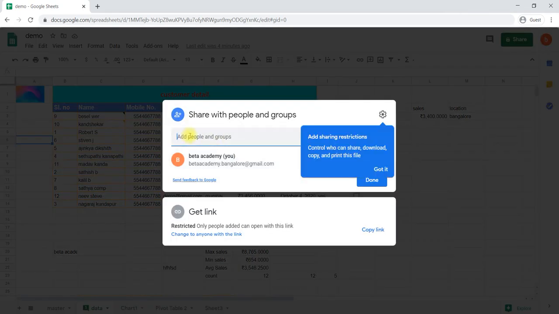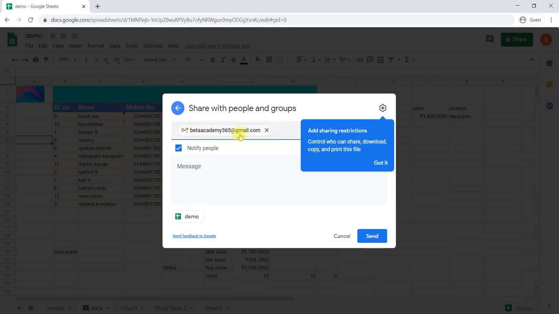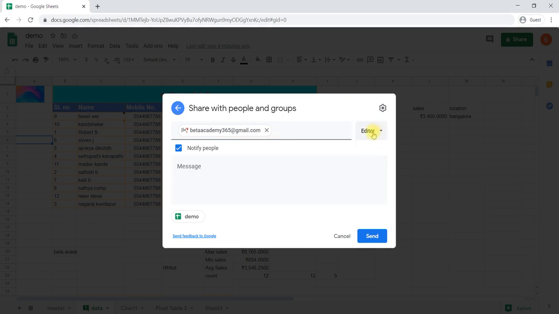Similarly, the way you share your docs, the same way we can share with your teammates. You can select their Gmail ID, and you can say what kind of things they can do. They can only view the document, or they can comment on it, or they can also edit the document, based on the permission you are giving to the others with whom you have shared this particular document.